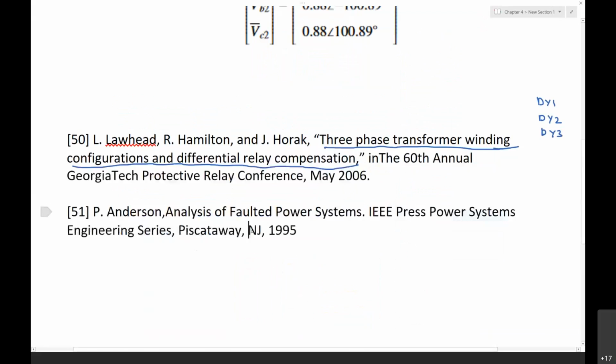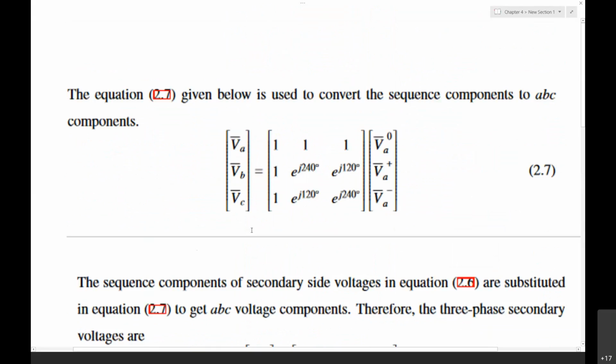Now when you transform this with this equation, substituting here, these are the conversion of the positive sequence, zero sequence, and negative sequence to the normal voltages. This is the transformer, this is the equation. Now, when you substitute here,